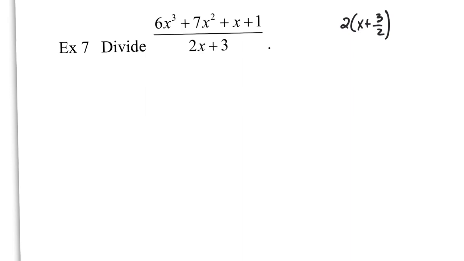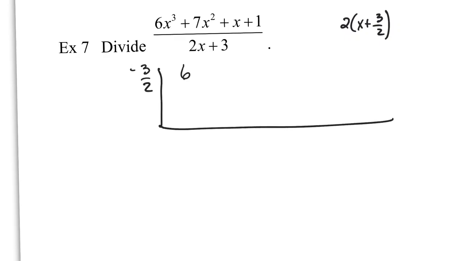So if I start with this problem, 6x cubed plus 7x squared plus x plus 1 divided by 2x plus 3, that's the same thing as dividing by this right here, 2 times x plus 3 halves. So what I'm going to do first is divide by this, and then I'm going to divide by 2. Dividing by this is very easy because I can just do synthetic division with negative 3 halves,